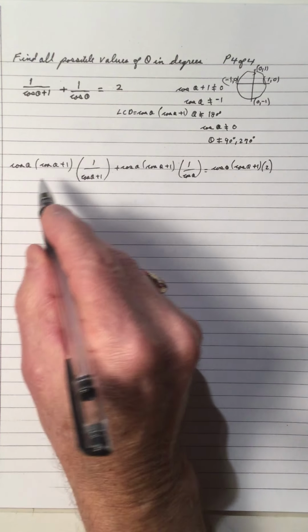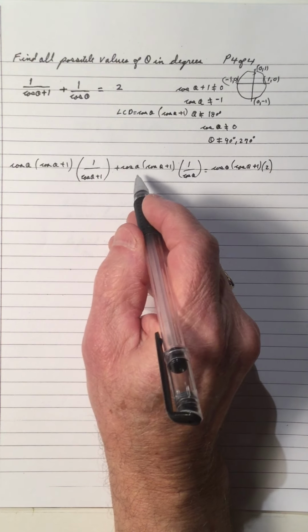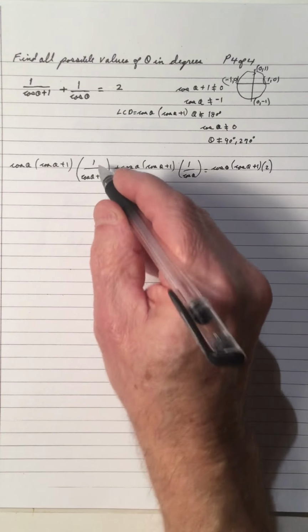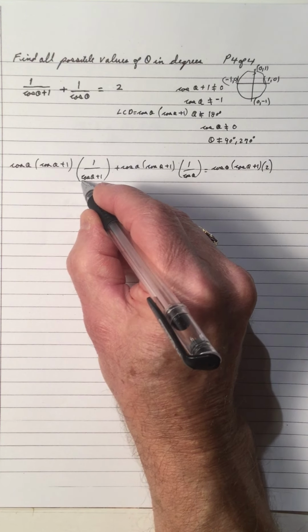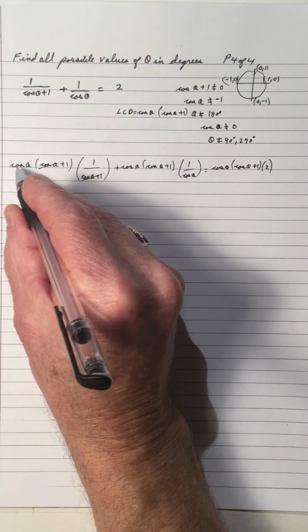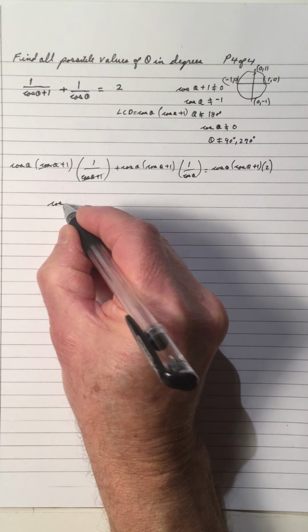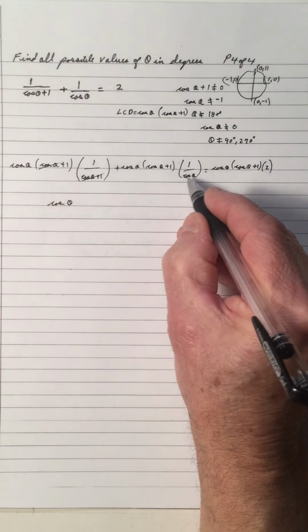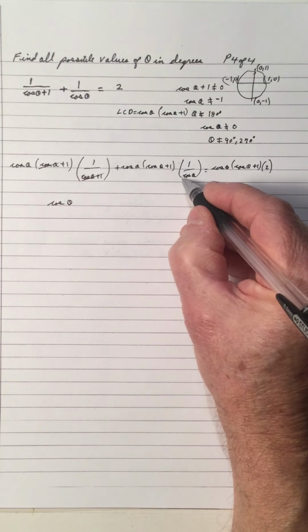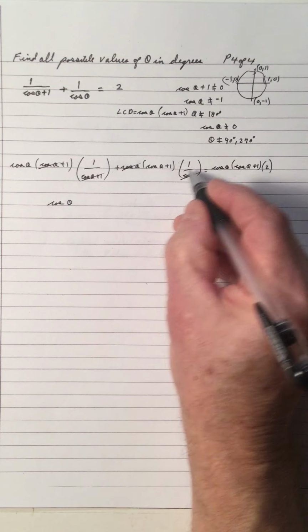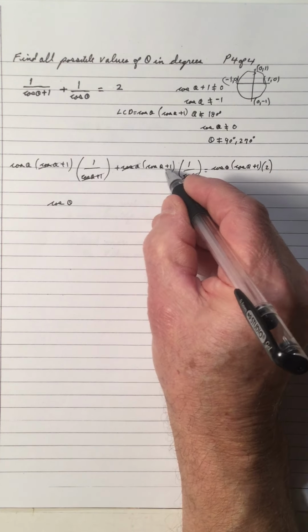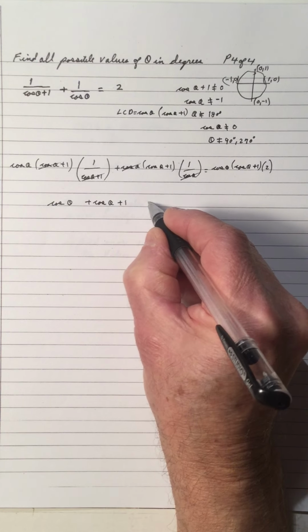What happens when you multiply by the LCD, every denominator should cancel. So cos theta plus 1 cancels out. So I get cos times 1, which is cos theta. And when we multiply here, the cos thetas cancel. So I get 1 times cos theta plus 1. So that's cos theta plus 1 equals